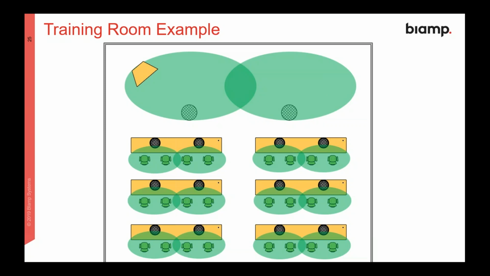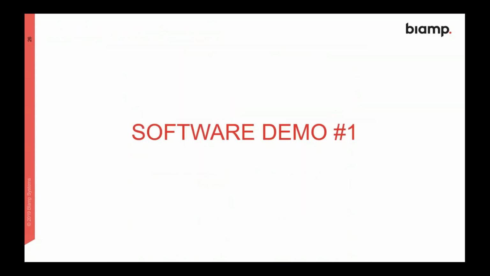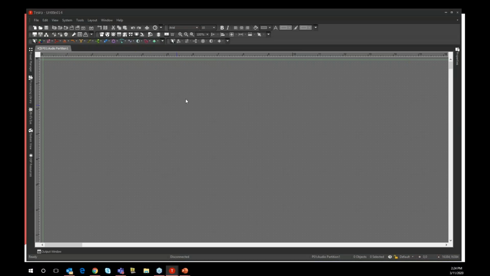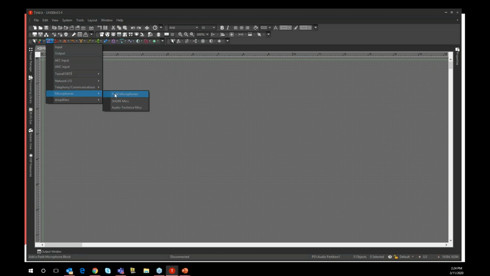So let's take a look at this example, and I actually want to build this file to show you what's going on and just talk you through the process of how this works. And as you can find out, it's pretty quick, we can create a pretty complex system in a really short period of time. So I'm going to start by dropping in my Parlé blocks, and I go up to the input-output block, which is the little pink arrows, and then I go down to microphones, and I pick Parlé